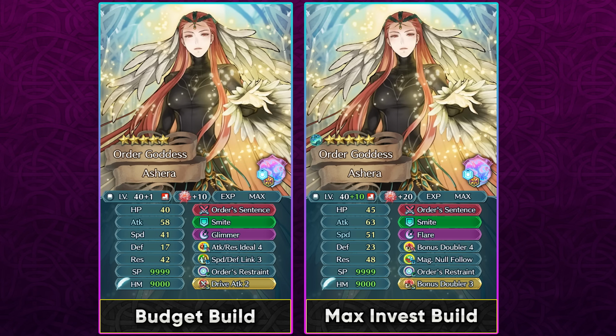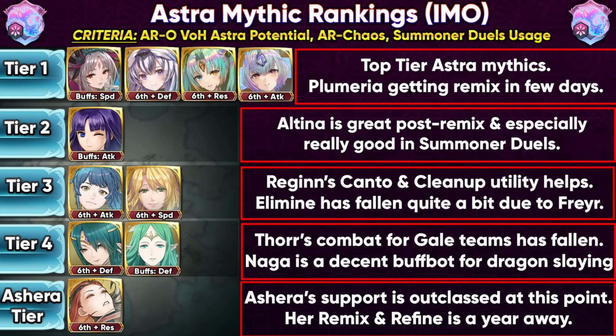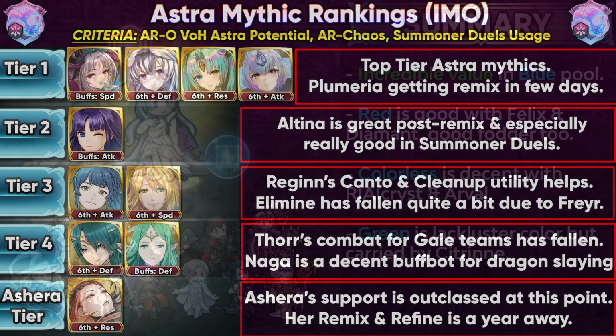We have got inheritable weapons now with Null Panic, just to show you how the status is not that unique anymore. And that's a bit unfortunate for Ashera because she's going to be here for a while because her remix and refine is a year away. So let me know what you think about my Astra tier list, and overall this banner is going to be